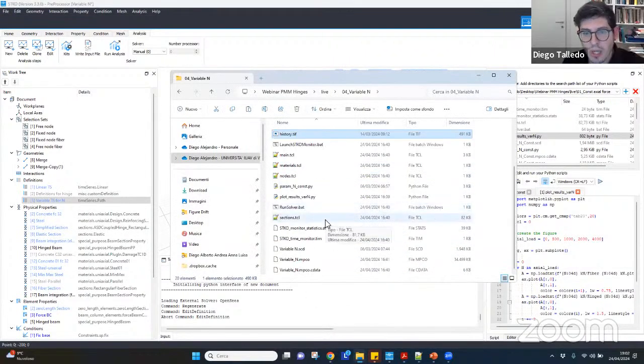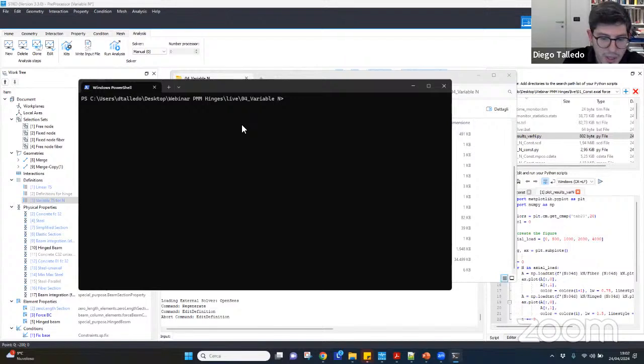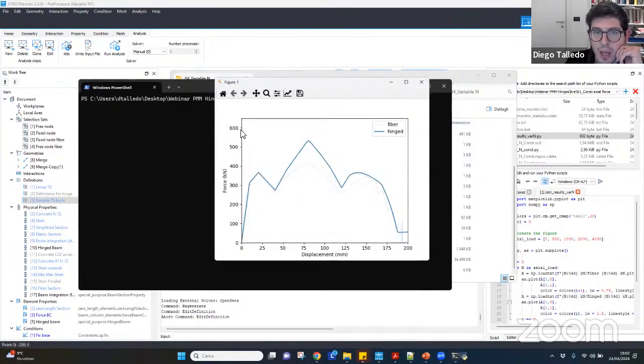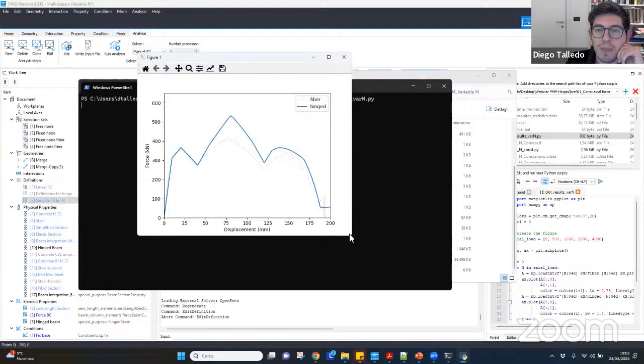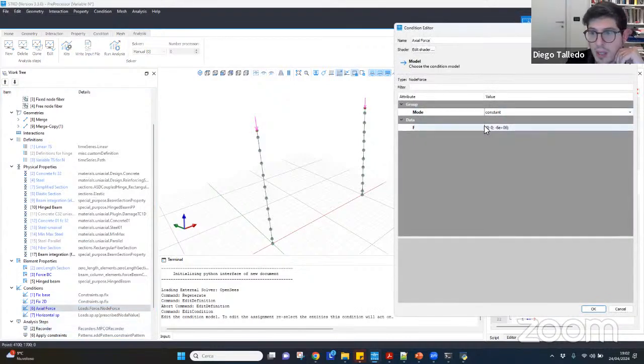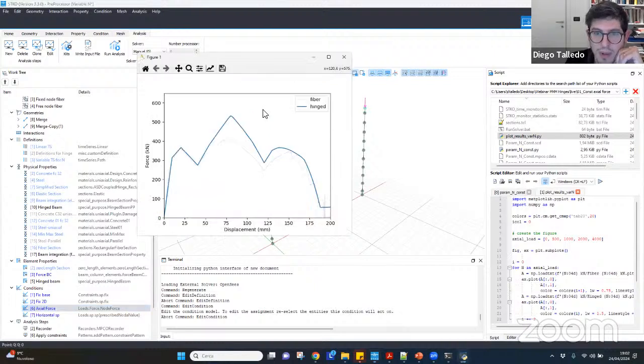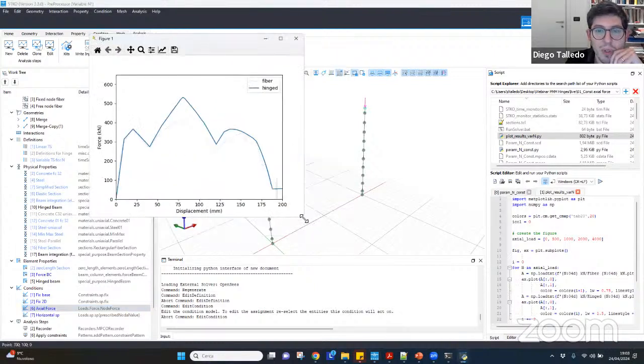Let me show you just the results. I will use just my Python interpreter here. And I already included the Python file. It's called plot results for doing the plot. Here, for the sake of simplicity, I have done it for just one value of axial load that was equal, if I remember well, to 4,000 kilonewtons. Let me just check. 6,000 kilonewtons. Okay, so I have 6,000 kilonewtons of axial load, and here you can see the force displacement relation comparing the